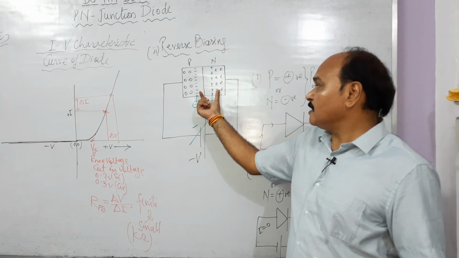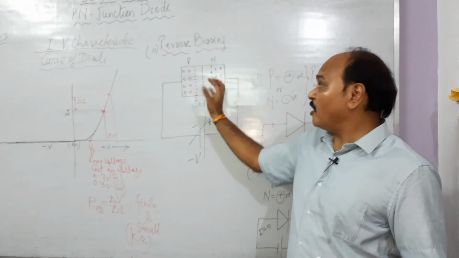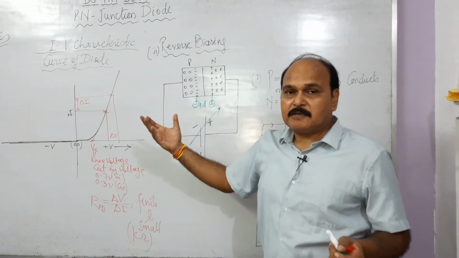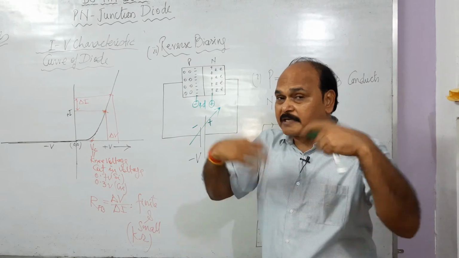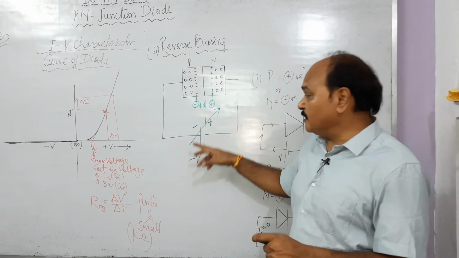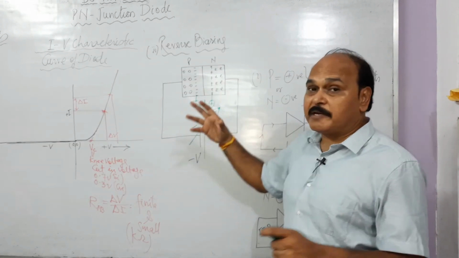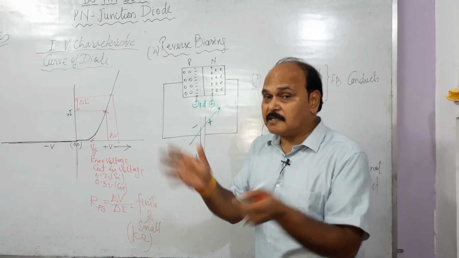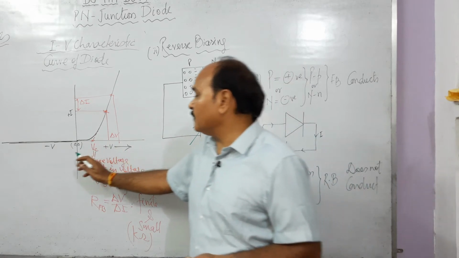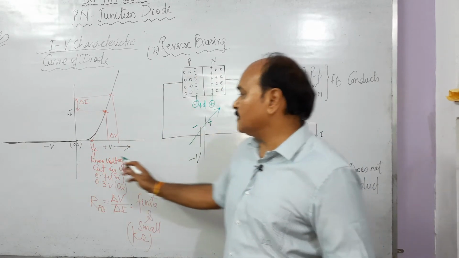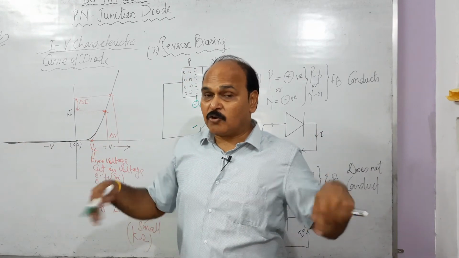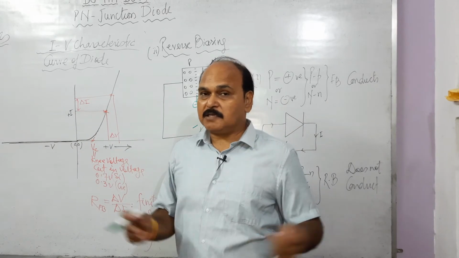The width of the depletion layer goes on increasing and finally it extends to the whole semiconductor. In case of forward biasing, the width of the depletion layer decreases because the external battery opposes the barrier, but here the external battery helps the barrier. So as we increase this potential difference, the strength of the barrier goes on increasing and the current in the circuit remains 0. And that is what is shown here. See, as we increase the value of negative voltage here, the current in the circuit remains 0. There is no electrical conduction. And the diode behaves like what? An open circuit. There is no current in the circuit.